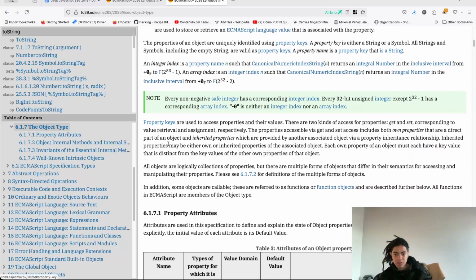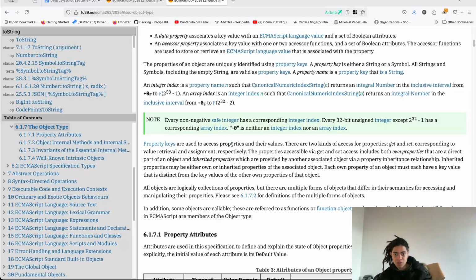So in other words, it has this shape now. Property keys are used to access the properties of the value. Exactly. Property keys are used to access properties and their values. And there are two kinds of property access: get and set, corresponding to value retrieval and assignment. This is the fancy way to say, hey, I can have access to the data, and I can read the data, and I can write the data,